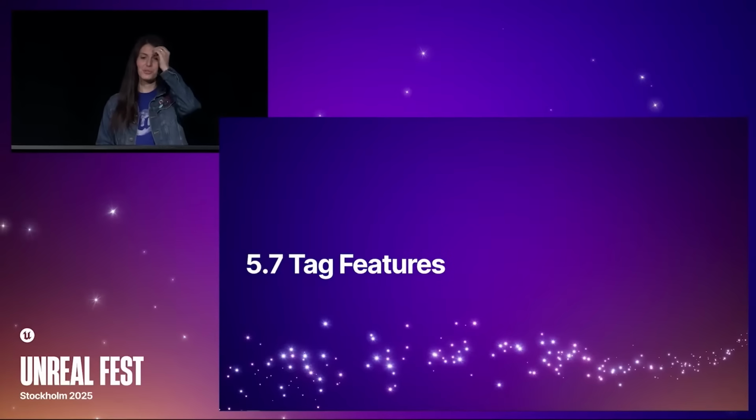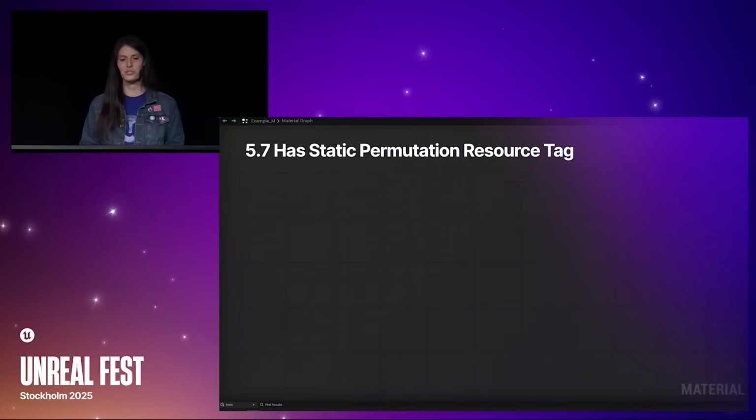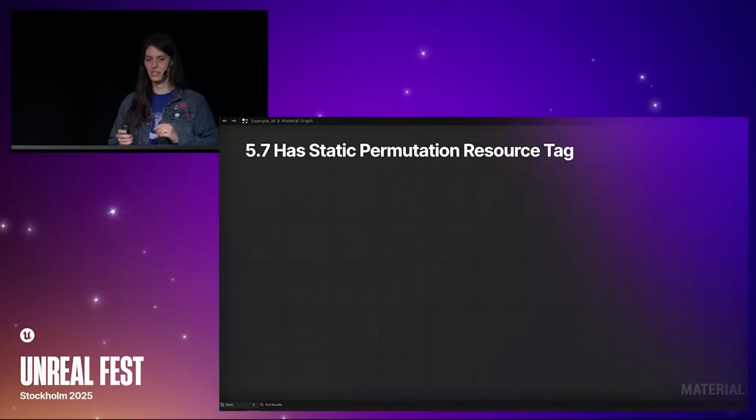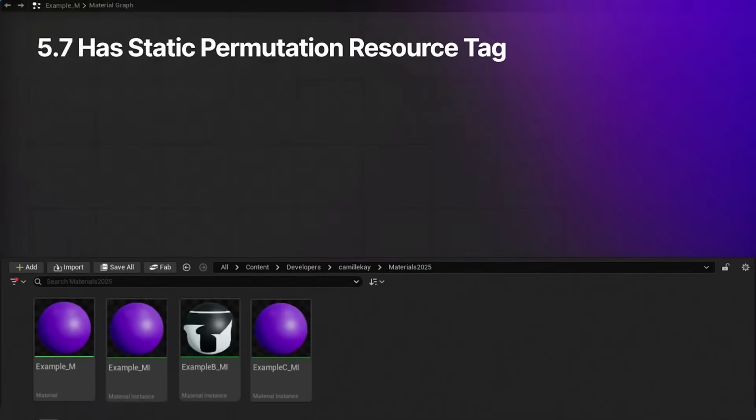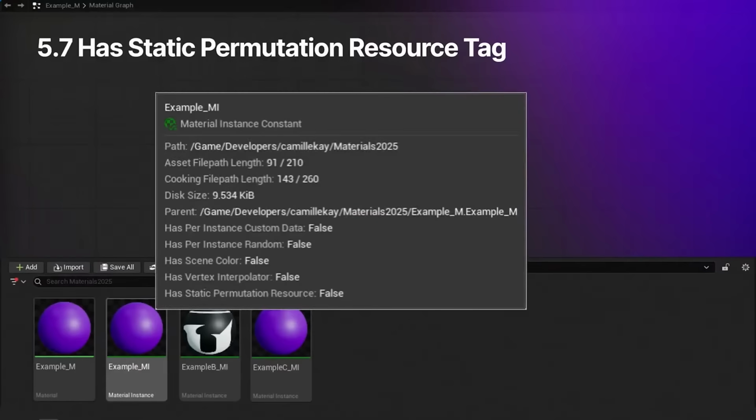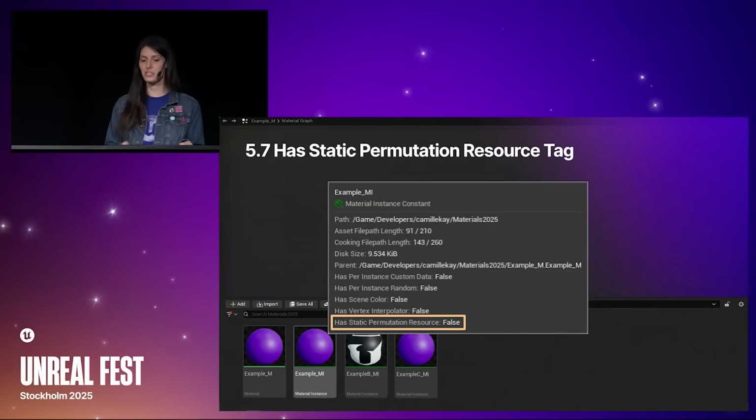And next up, we have 2 tag feature updates. 5.7 introduces the, also a bit of a tongue twister, Has Static Permutation Resource asset registry tag. So in the content browser, you'll be able to hover over any material instance and see whether or not it's been labeled as Has Static Permutation Resource true or false. If true, this means the material instance has elements that may cause permutations when used, such as static switch parameters